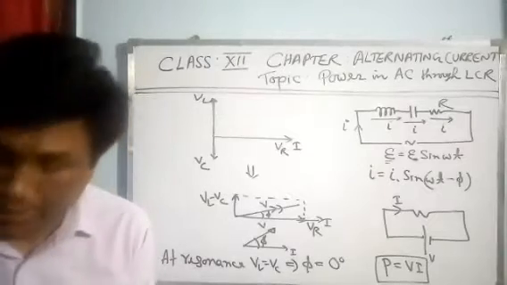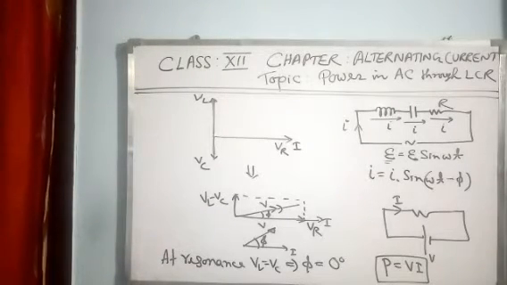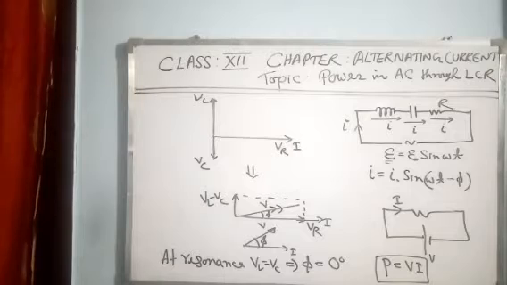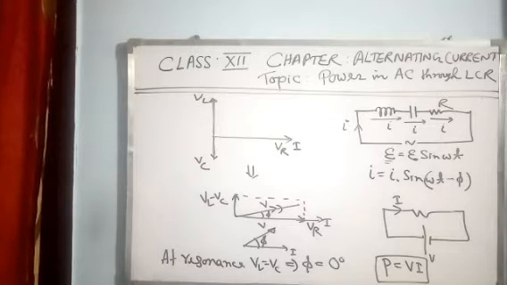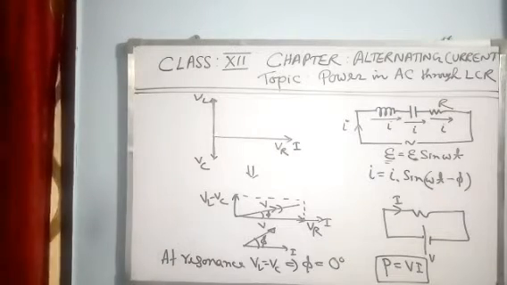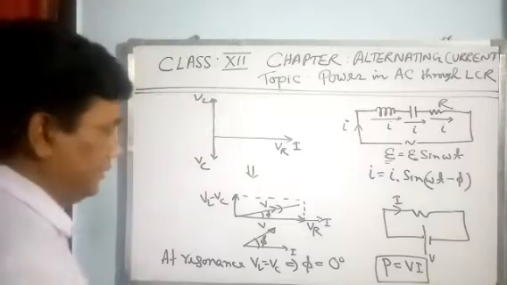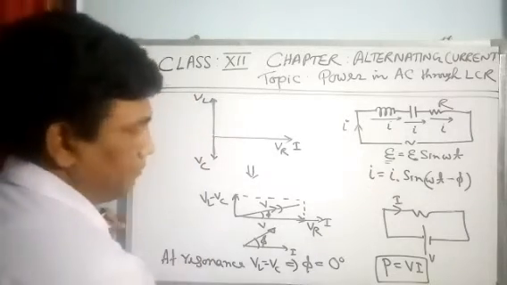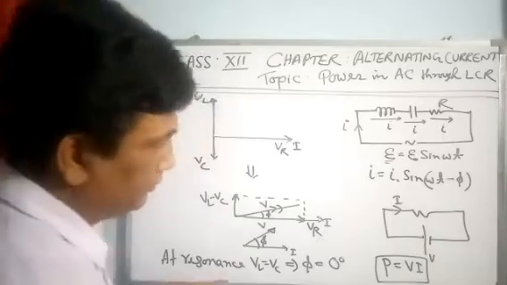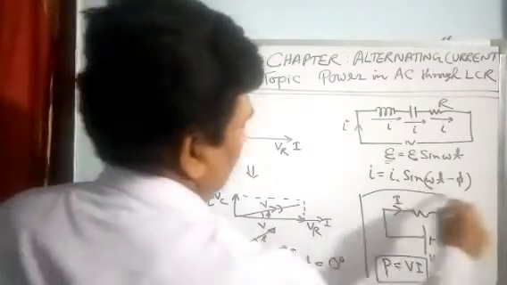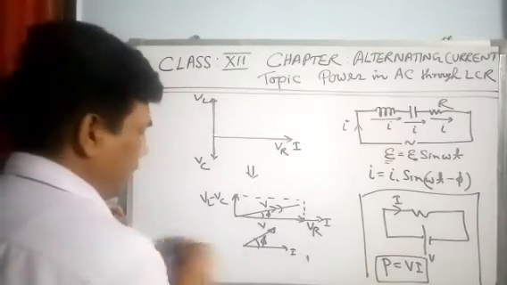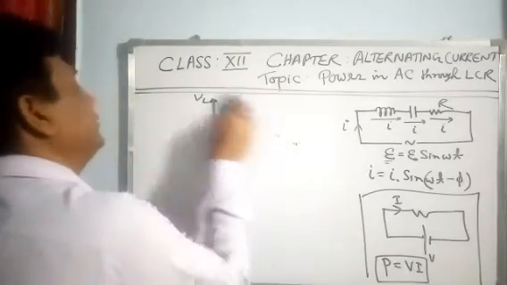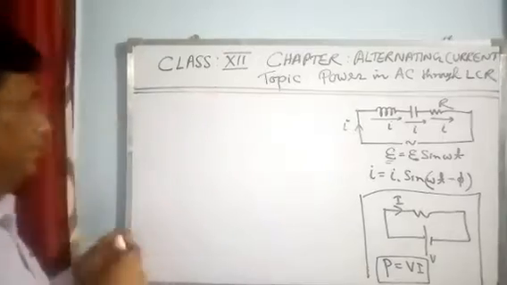But in case of an AC circuit, the voltage keeps on fluctuating, the current keeps on fluctuating, so at different moments the power will be different. So what is the average power delivered by an AC source? We are going to discuss that in this chapter only. So this is for the DC circuit only, which is of no use now, because we are talking about the AC circuit. Power in AC circuit.